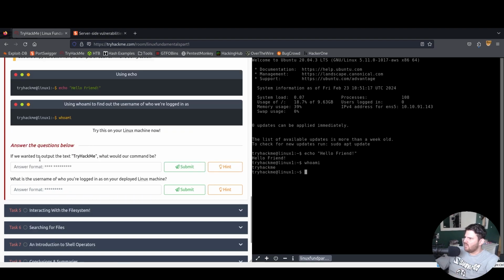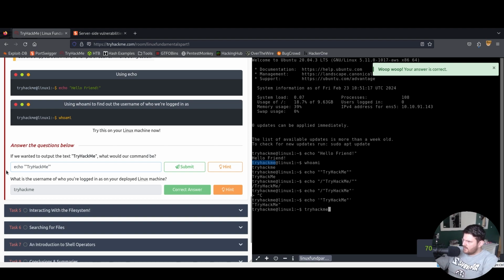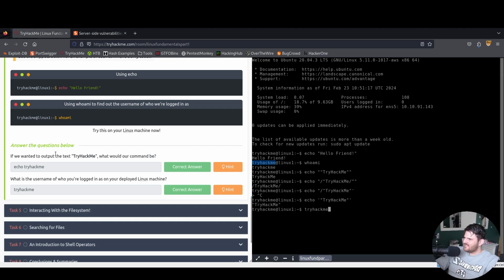Answer the questions below. If we wanted to update the text tryhackme, what would our command be? What is the username of who you're logged in as on your deployed Linux machine? It's tryhackme. All right. And in here, they just wanted us to use the command echo. But as you can see here, we have output the text tryhackme enclosed in double quotes. Okay,